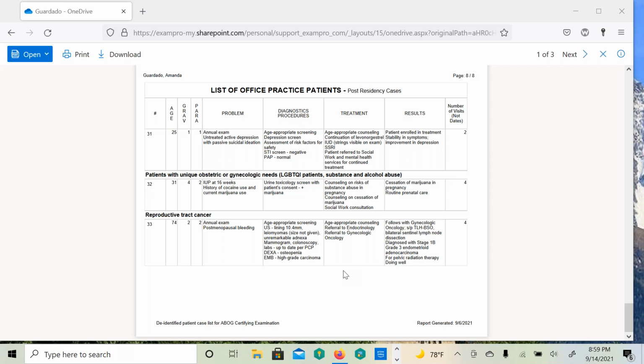Where I practice, we have a ton of specialists, and the culture is that any sort of thing you refer to the specialist. So I ended up referring her to endocrine for osteopenia, even though it's something that we could manage, or she could be managed by her primary care. With this case in particular, there are so many things going on. I wasn't sure if they would ask about that, or harp on that, or what to expect for office.